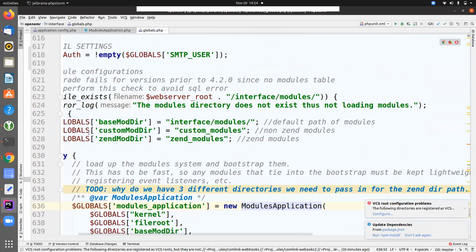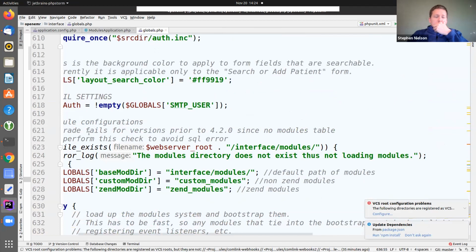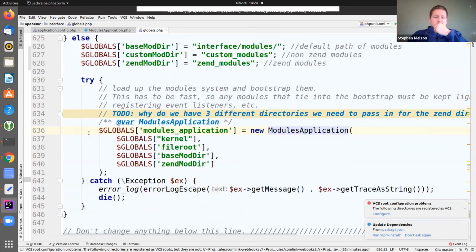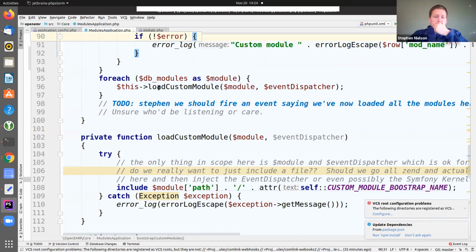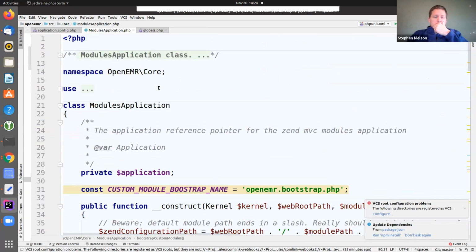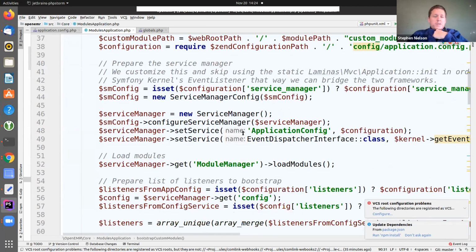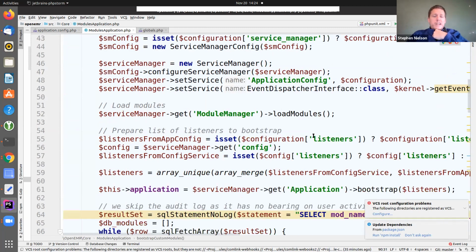Okay, so globals.php is going to do its thing, run through a bunch of code, and then it's going to instantiate this modules application, passing in the kernel and a bunch of file paths. The modules application is going to instantiate the Laminas framework, with its service manager and event dispatcher and a bunch of other stuff that it needs in order to run.